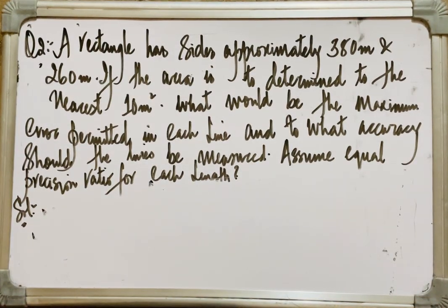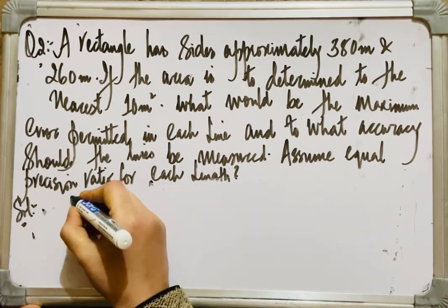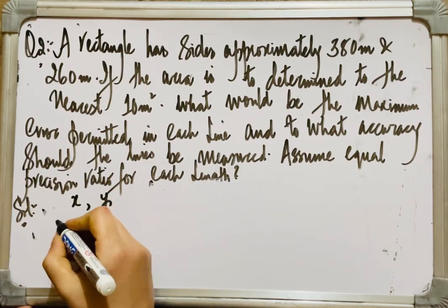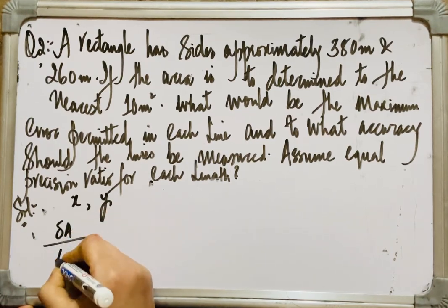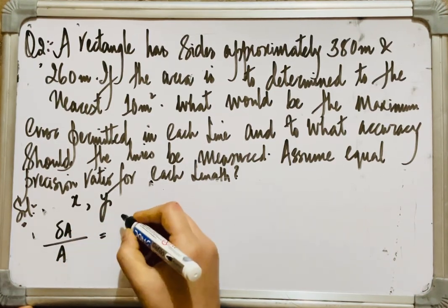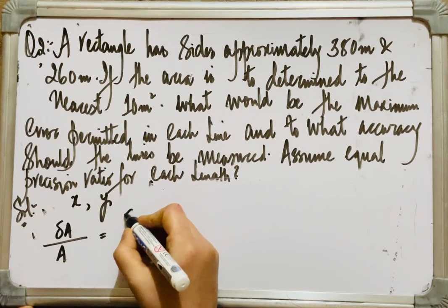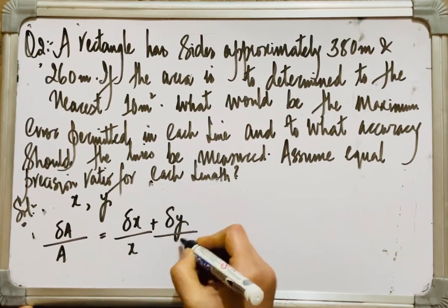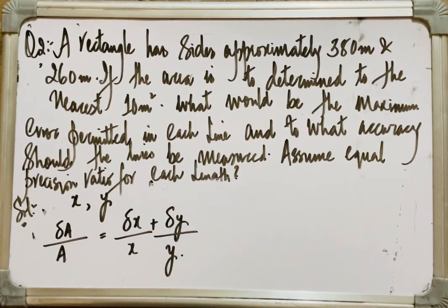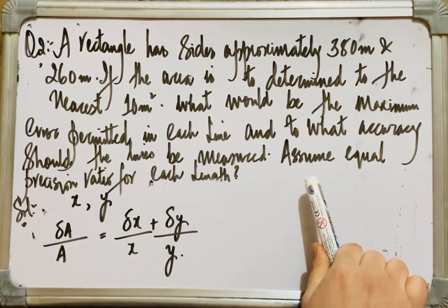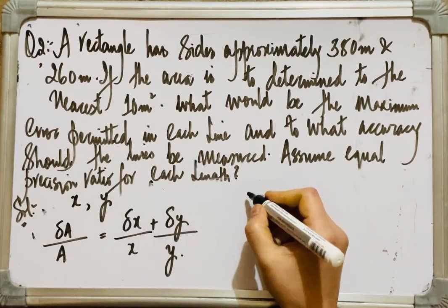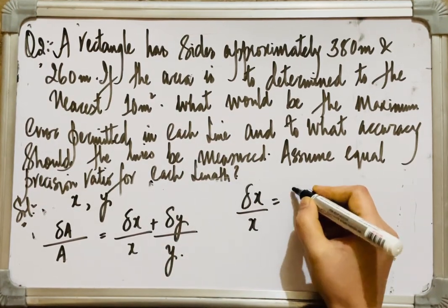I have been given two lengths of a rectangle, 380 meters and 260 meters. Let me assume the one is x and the other is y. That means precision ratio in area is equal to the summation of precision ratio in the individual lengths. But we have been told that we have to assume that there is equal precision ratio for each individual length, that is delta x by x is equal to